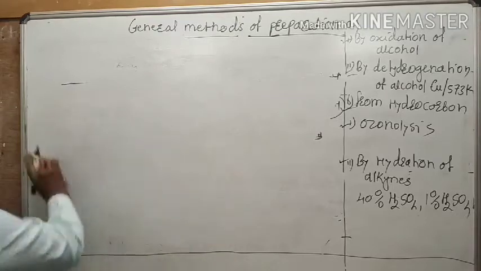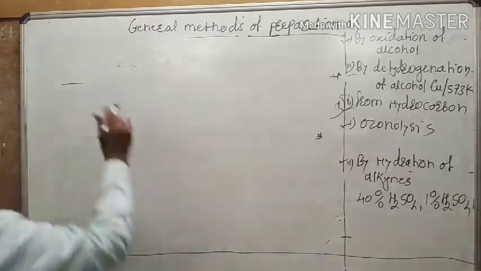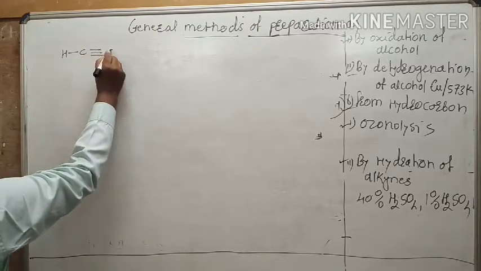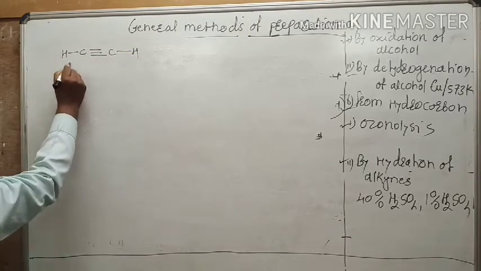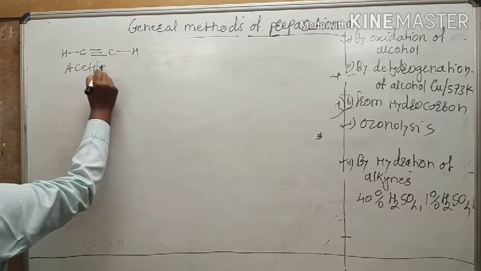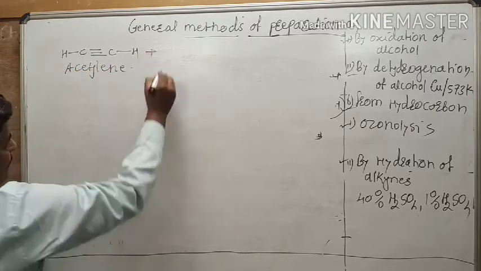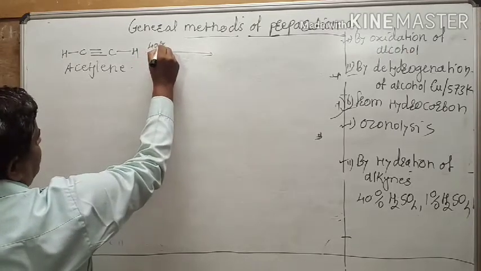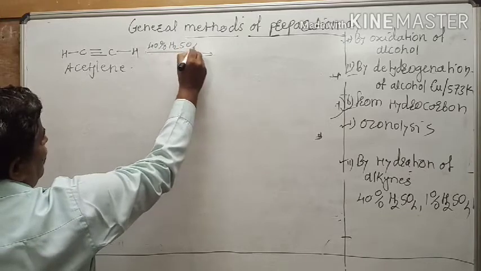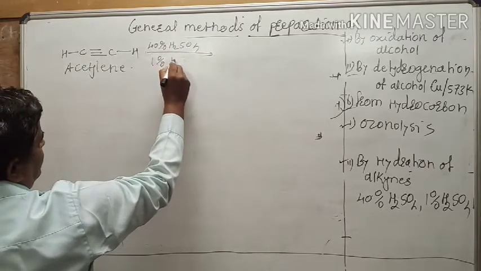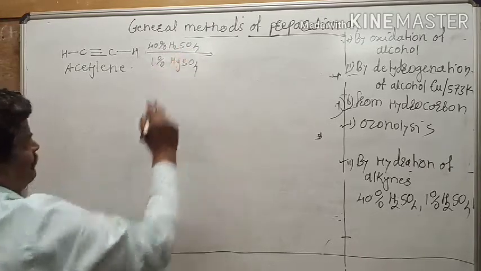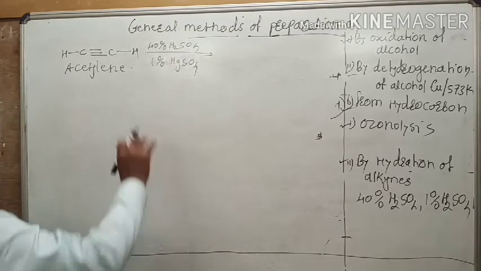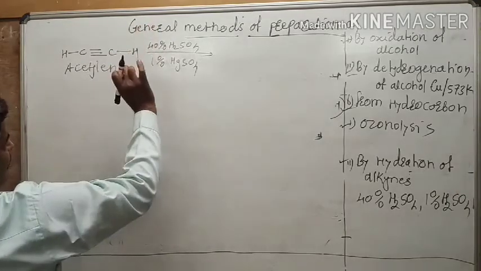The next method is by hydration of alkynes. Consider this example. HC≡CH, this is acetylene, plus 40% H2SO4 and 1% HgSO4, that is sulfuric acid and mercuric sulfate. Then hydrolysis takes place